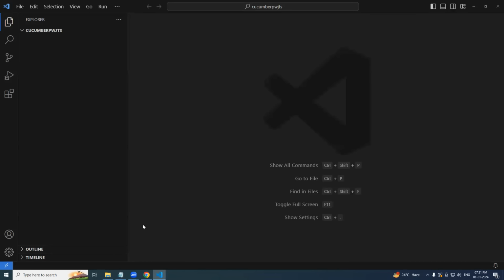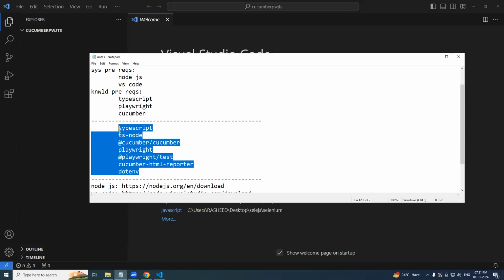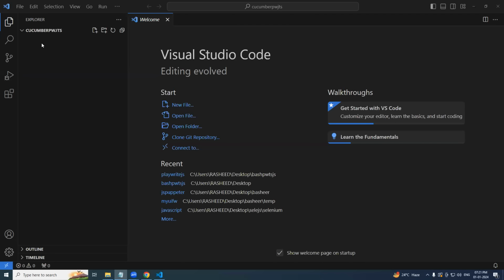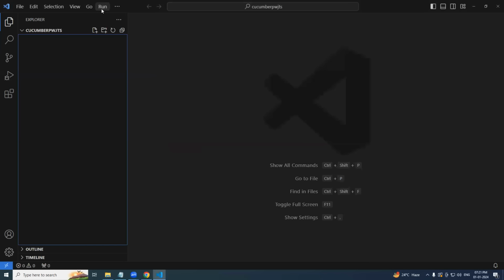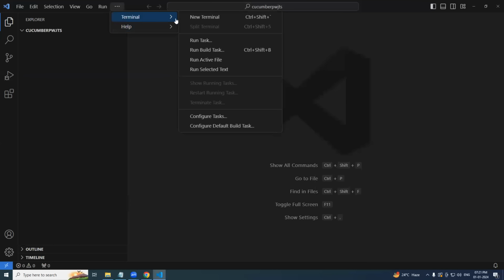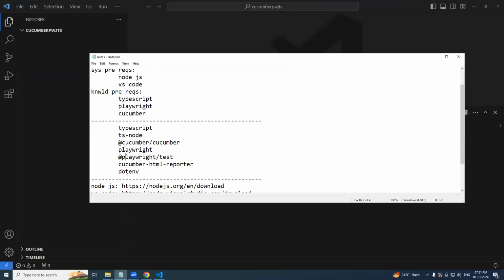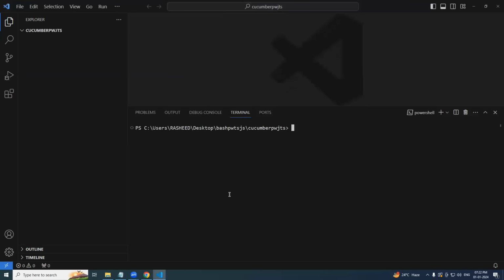So now we just need 7 dependencies. Right now, we may not need all 7, but it's better to do all 7 at once. So for that, I have opened Visual Studio Code. Let me open a new terminal. The first thing we have to install is TypeScript. Before that, we need to initialize our repository. Let me say npm init